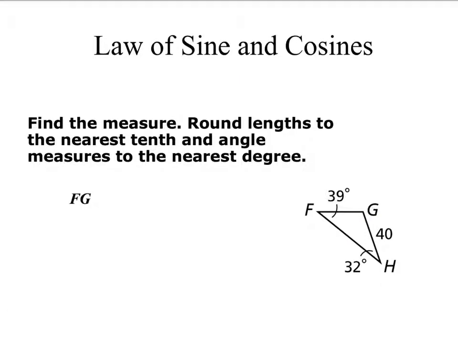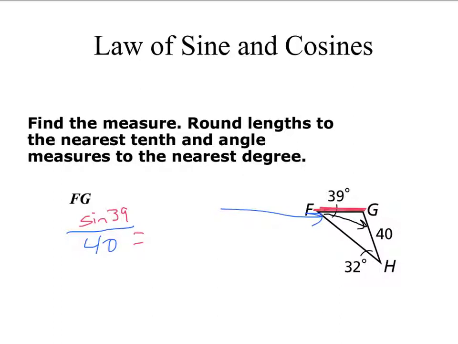Let's try a few. All right, so this you don't have to write down, no yellow bar, but I want to explain this. We want to figure out what FG is. We want to figure out this side. According to the law of sines, we basically set up a proportion. We put angle over the opposite side, and on the other side, angle over the opposite side. So given the information that I know, I can put the sine of F, which is the sine of 39, because that is F, over 40, because that's the opposite side,